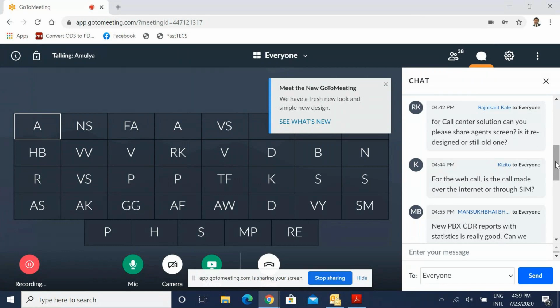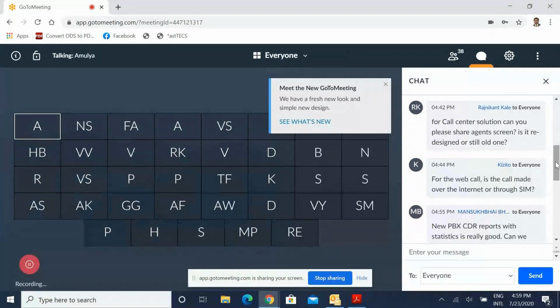Okay. For call center solution, can you please share agent screen? Agent screen also designed, but I have not included today. Maybe while sending you the presentation, I will add the agent screen as well. Agent screen is in fact with verticals. You know, we have designed verticals for automobile. We have designed vertical specific for debt collection agencies.